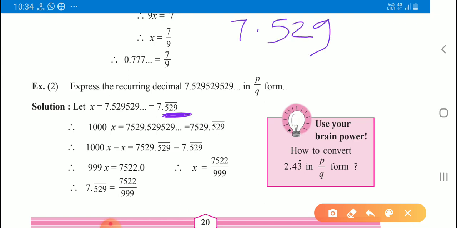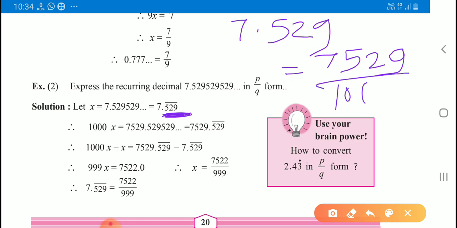So we have to take here 1000x. If you multiply 7.529 recurring by 1000, then you will get the answer